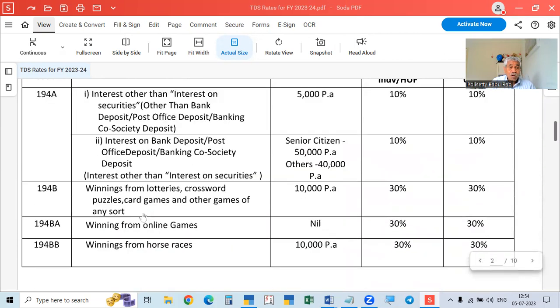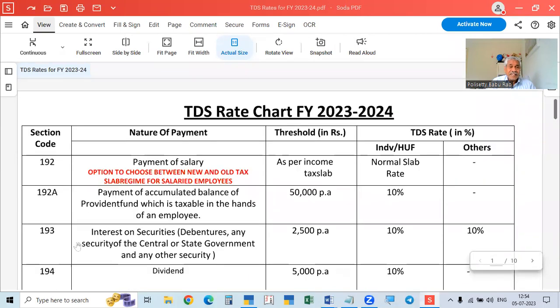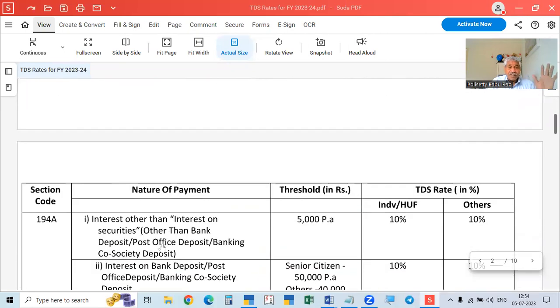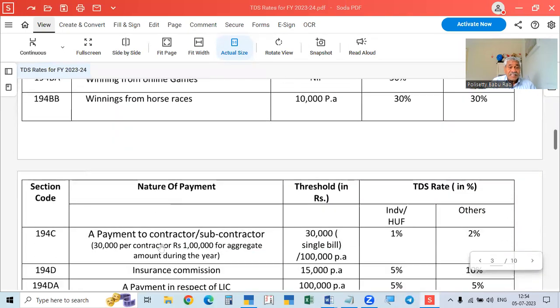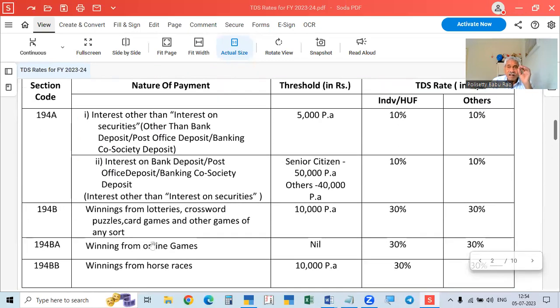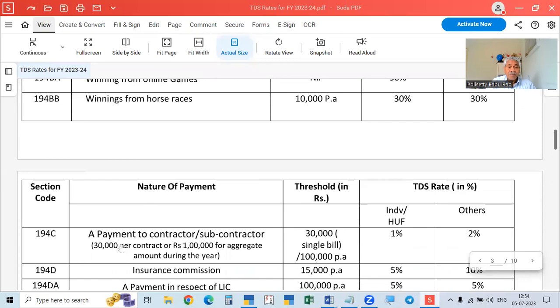And then 193 is only for something else, interest on securities, leave that. And then we enter into 194. 194C, what I am telling is the most important, is 194C, payment to contractor. If you give any work to anybody, for any work which we offer them to do for a piece, he is called a contractor, either a builder or any person giving service, manpower service, or giving a house on rent, giving professional service like accounting service, auditing service, all these are called contractors.